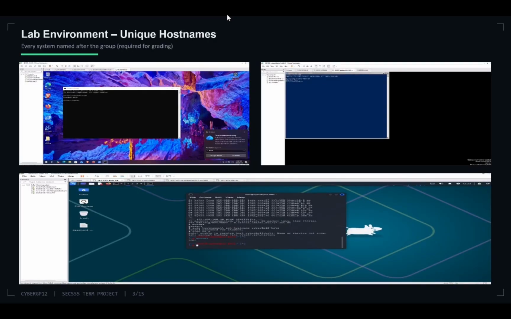Our lab environment uses unique hostnames containing our group name, Cyberculture: the Kali attacker system, CyberCulture-Kali, the Windows 10 target, CyberCulture-Win10, and the Metasploitable target, CyberCulture-Meta. Using unique hostnames was important because it allowed us to clearly identify our systems and provide reliable evidence in our